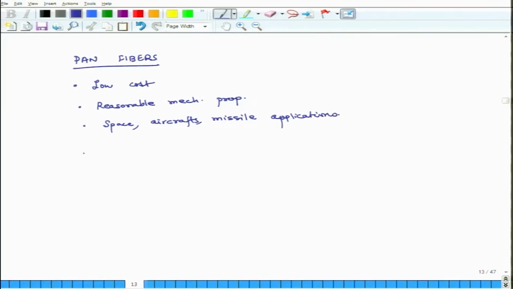Okay. Next, look at pitch fibers, or graphite fibers produced from pitch. Compared to PAN, their stiffness is higher, their thermal conductivity is also higher. Higher, and as a consequence, especially in space applications, if you have to transfer heat from one part to the